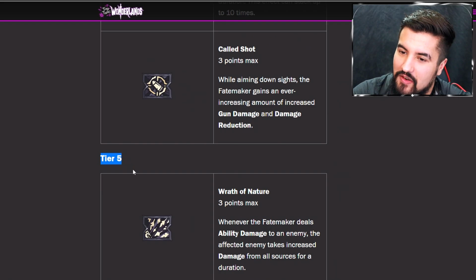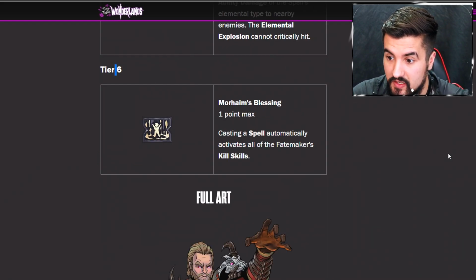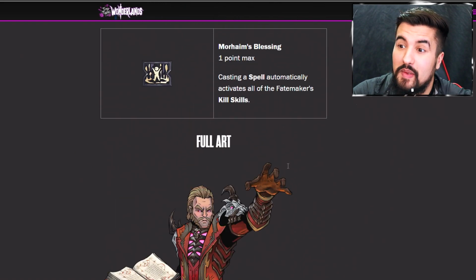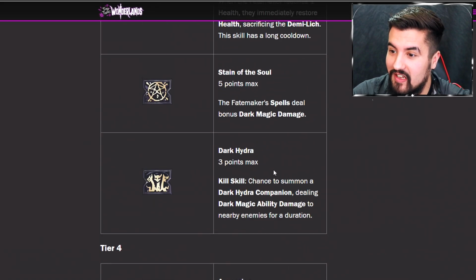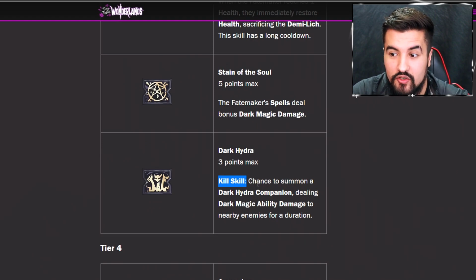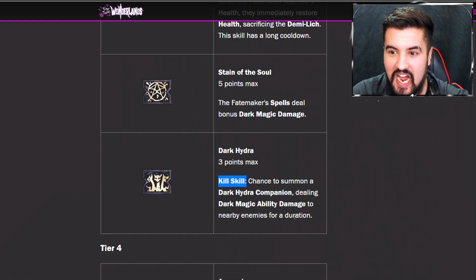See, I don't think we'll be able to get down this, because I think a lot of people, including myself, are probably going to go full tilt into the Stabomancer, or the Graveborn, sorry. Graveborn, yeah. Just because of this one spell. I hope it's good, but whenever you activate it, whenever you kill an enemy, there's a chance to summon a Dark Hydro Companion dealing dark magic damage to enemies for an amount of time, which is,